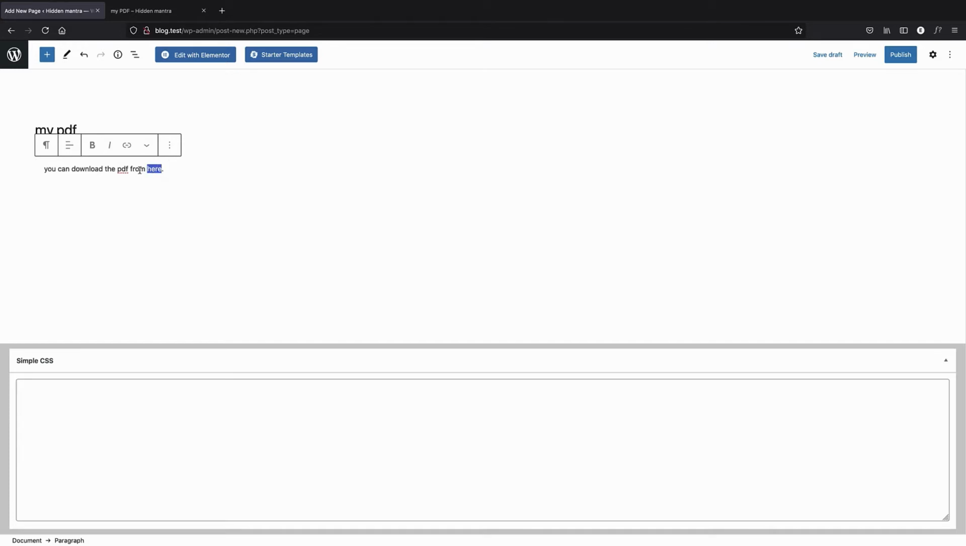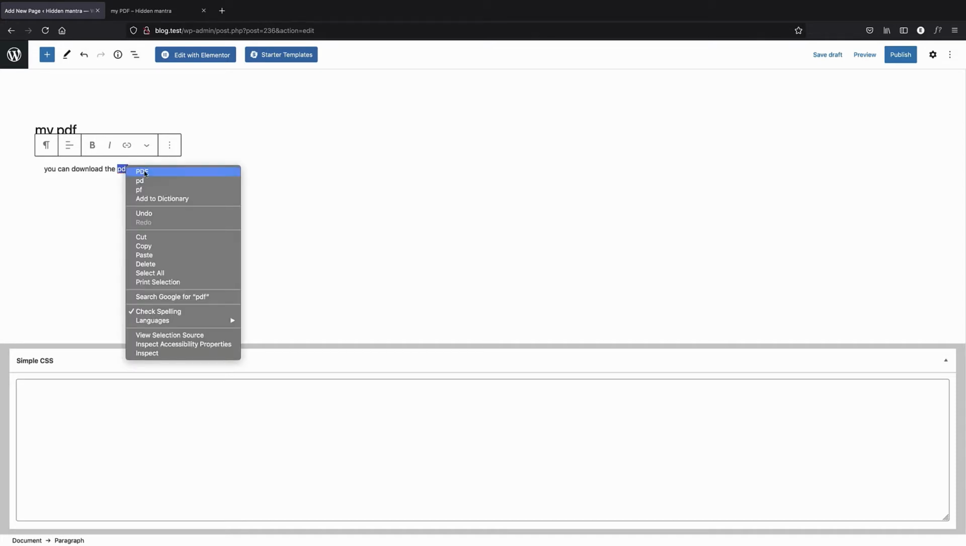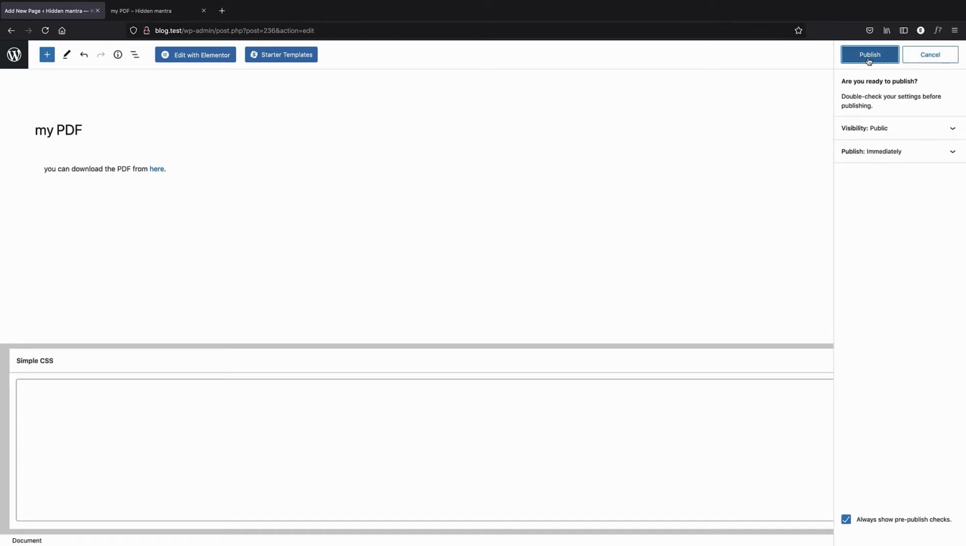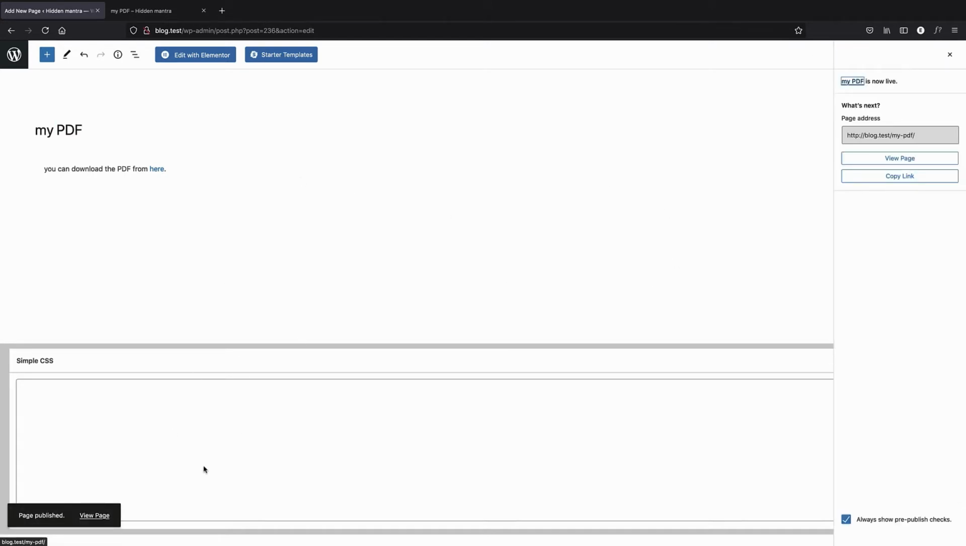And now if I just select the word here and create a link, I can just paste my link here, and if I just press enter, now we have the link. And I'm just gonna update my page, and of course I'm just gonna change PDF to capital so it doesn't complain, and also in the title. And if I just publish my post here and view it,